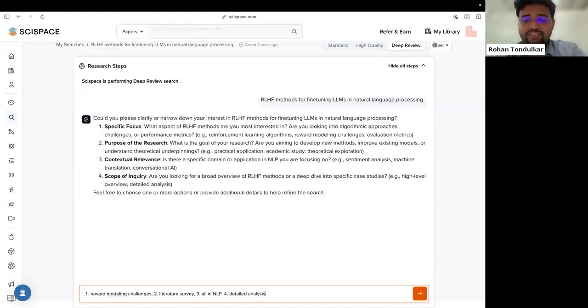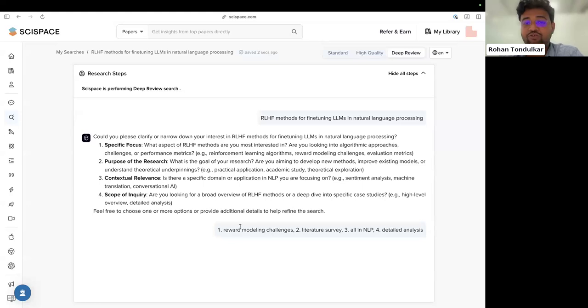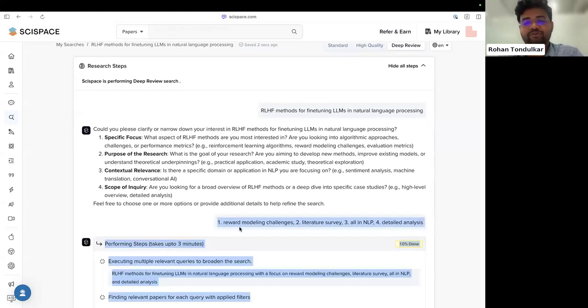Right? See, if you don't have any specifications, you can just type all of the above or none of the above, any natural language. But if you want to really answer each question, which I would recommend doing, because that gives it a lot more perspective on your real core intention behind it, and more details, trying to go more niche and stuff. So I would always recommend answering it. But you can just say, hey, all of the above, none of the above, and it will understand things itself. Right now, we finally submit and we let it run. So again, how to answer this is again a prompt tip.